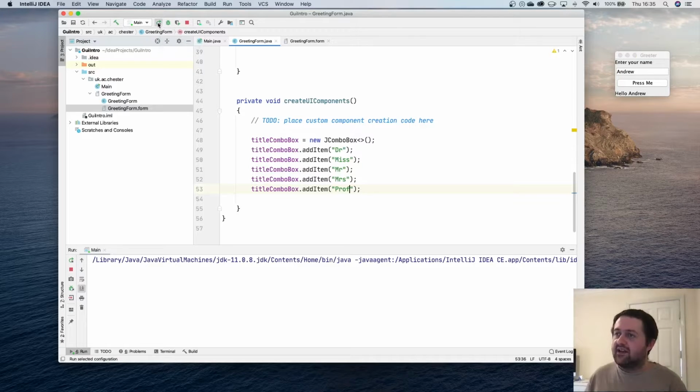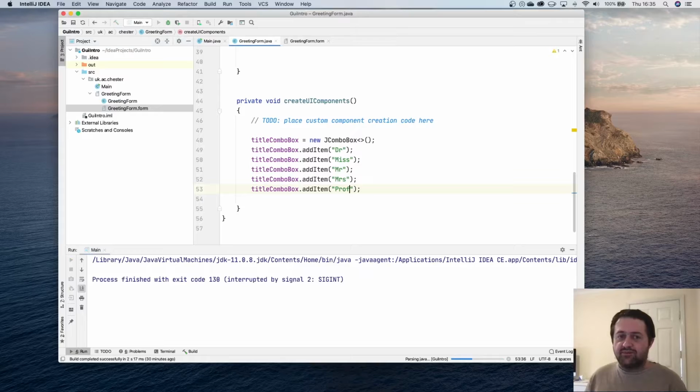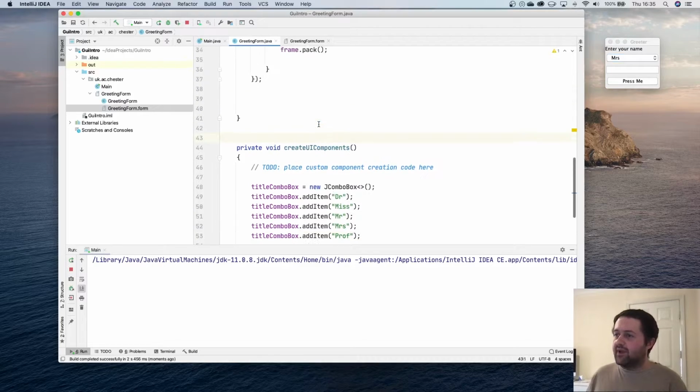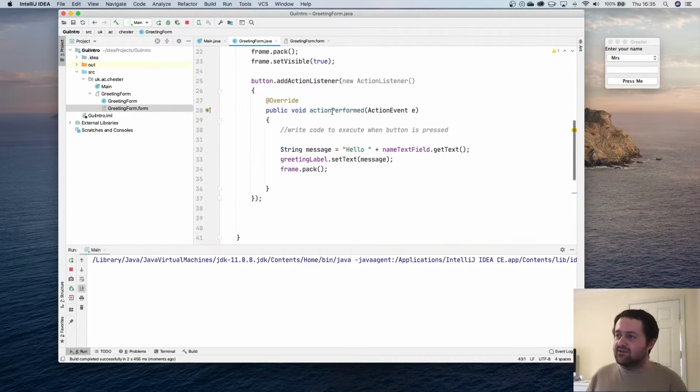So let's just test that and restart our application. It's probably going to put it up on my other screen. Yep, it has. And you can now see that we've got that drop-down list with items that we can select things from. Now obviously we want to be able to do something with that,